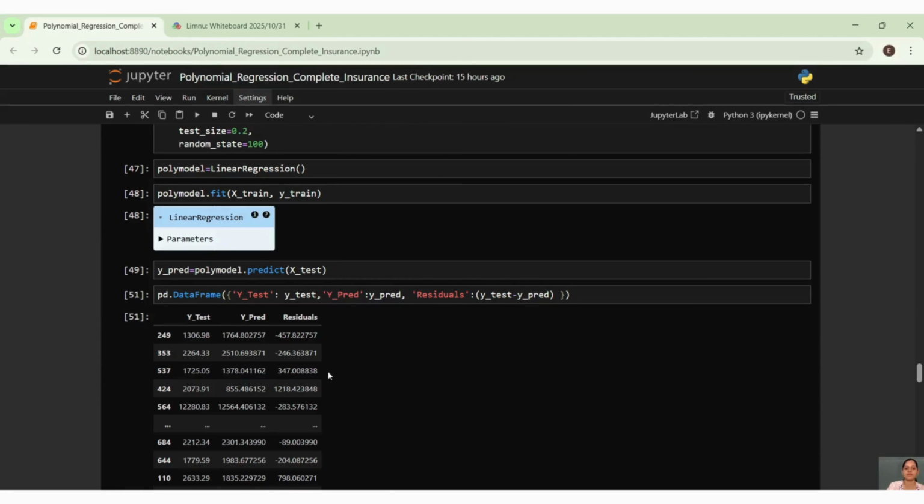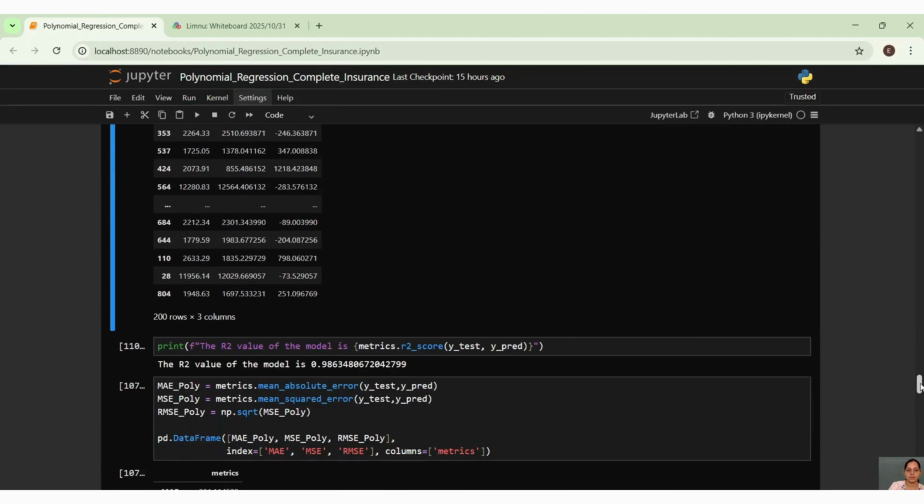So the same 200 rows it is showing. Let us understand that. Here I am seeing y test. That means this is my test data, or this is the test insurance cost. This is my predicted insurance cost. And residuals means the difference between this and this, right? y actual minus y predicted, and we can see that trend.